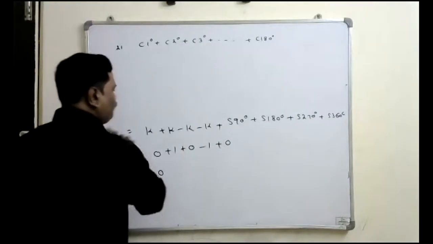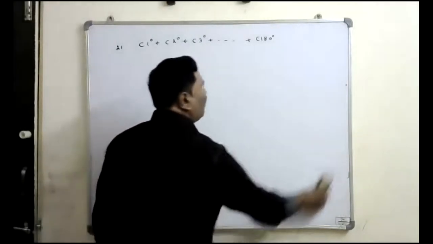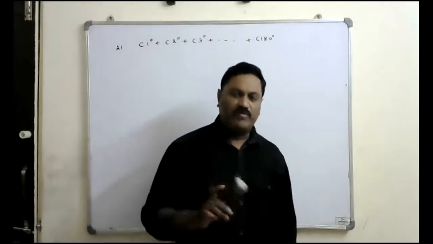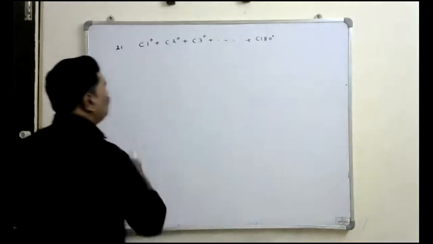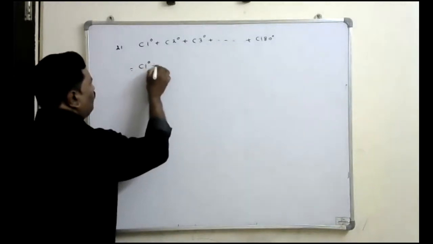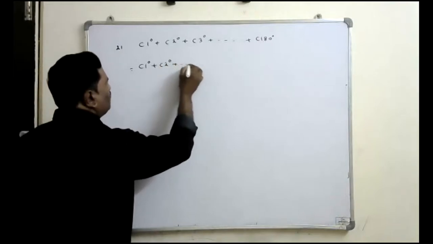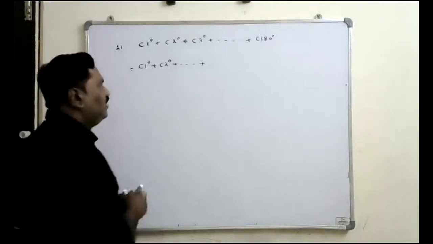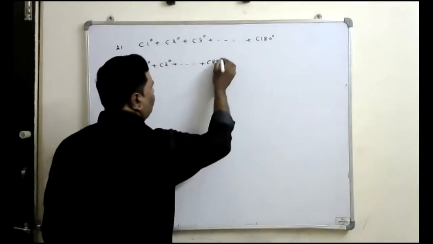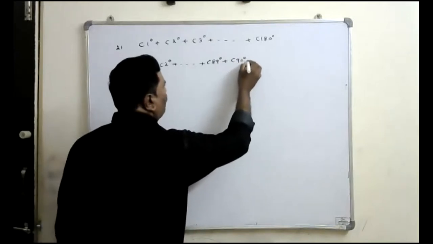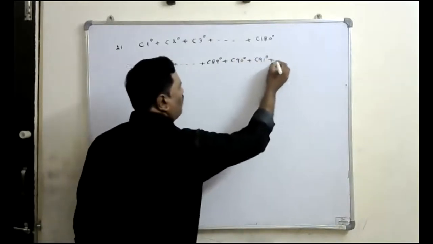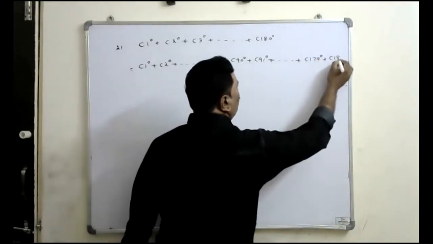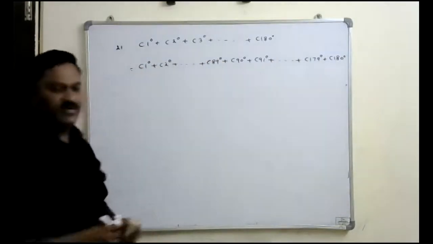Just observe here. Here the angles are there up to the 180°. So up to the 180 means in between we will have one more quadrant angle, that is 90°. So you can write cos 1° plus cos 2° plus and so on plus cos 90°. Before the 90 we will have the angle 89°, plus cos 90° plus cos 91° plus cos 92 and so on up to cos 179° plus we will have the cos 180°. So like that we will write it.